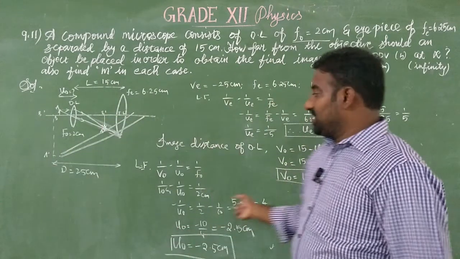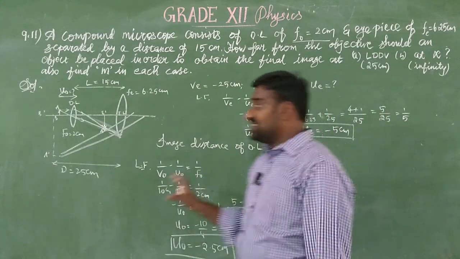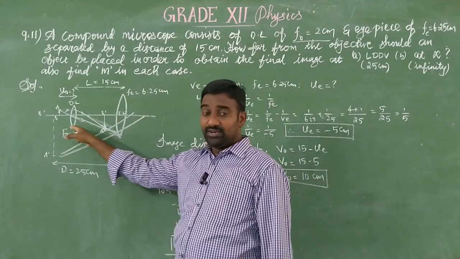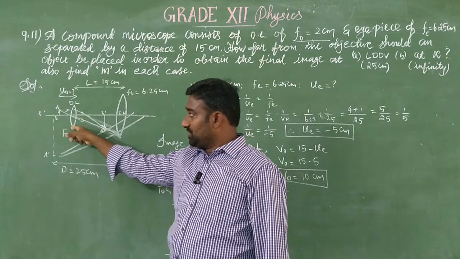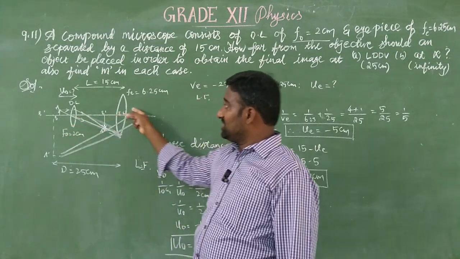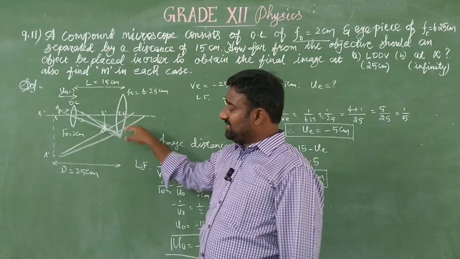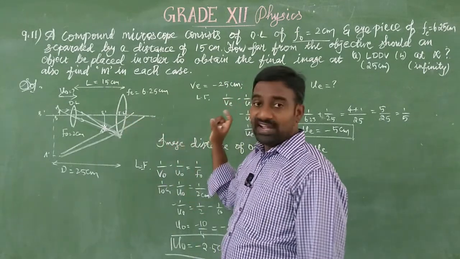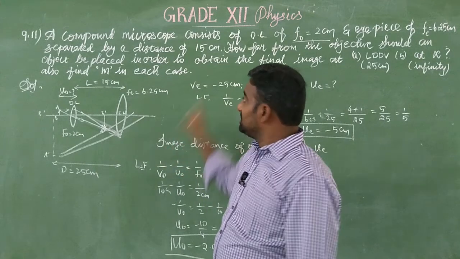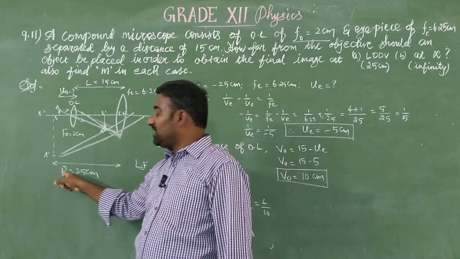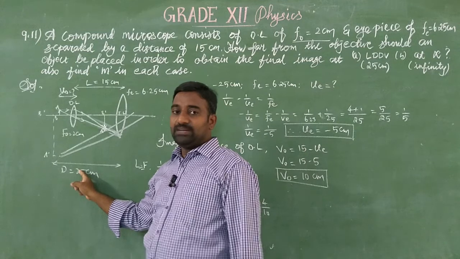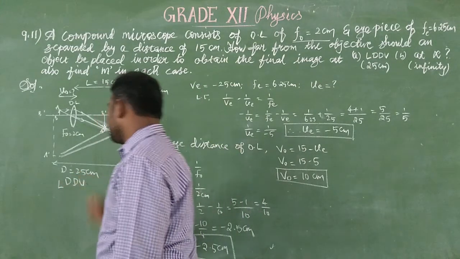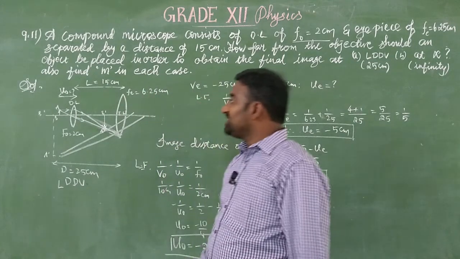Now, I'll explain once again. It's a very simple case. We have a compound microscope. In a compound microscope, we have two different lenses. One is the objective lens of low focal length. Another one is the eye lens of high focal length. In the two cases, we want to find the objective distance and also the magnifying power. For the first case, we will assume that the image is obtained at 25 centimeter, that is the least distance of distinct vision. So in that case, what is the objective distance?